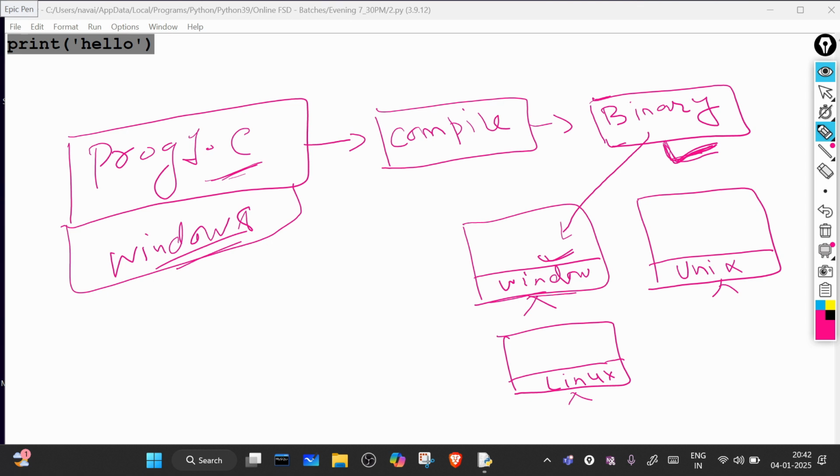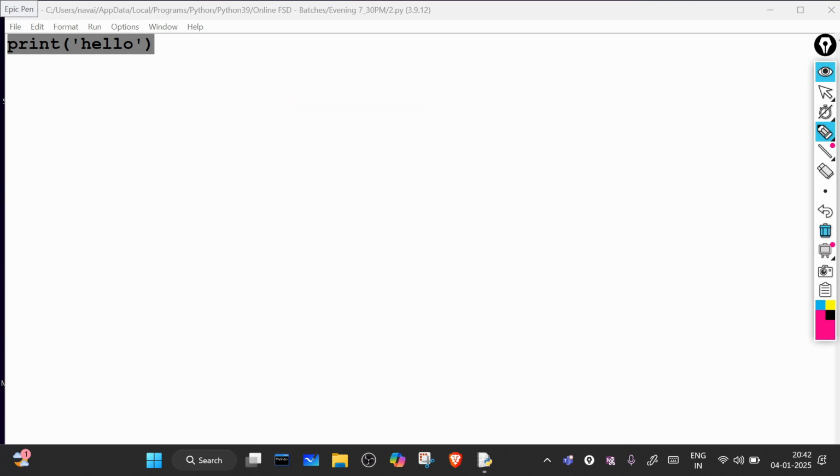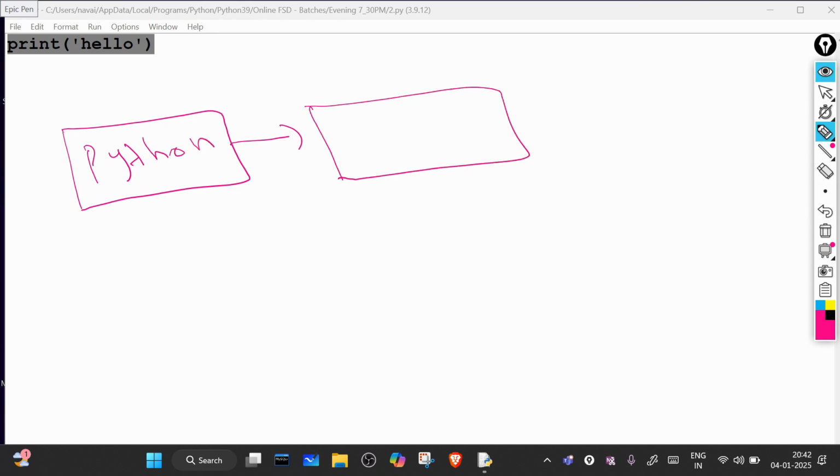You cannot switch the environment. That's why we say binary code is platform dependent. For Python, when we write Python code, it does not convert into binary directly. Python converts after compilation.